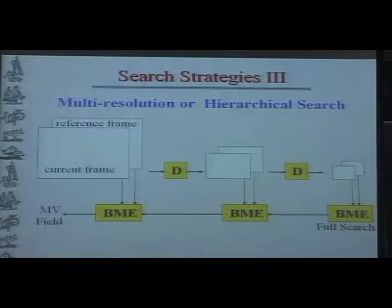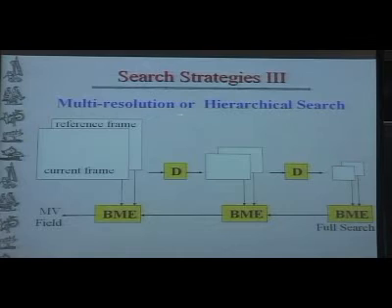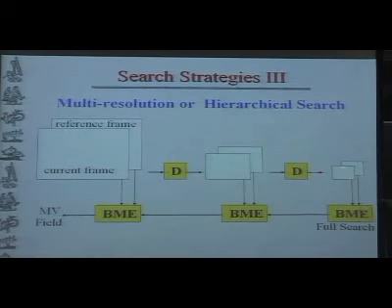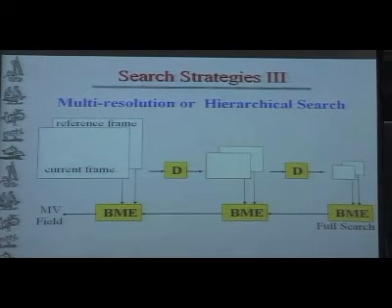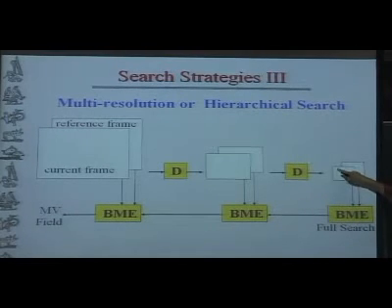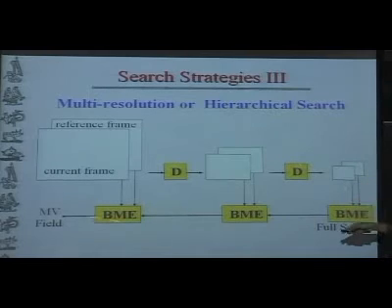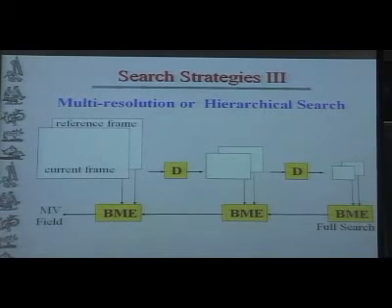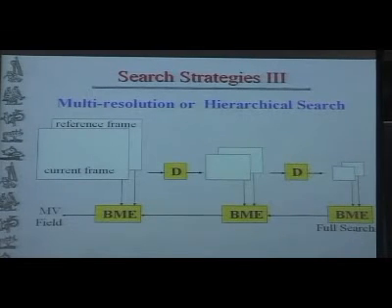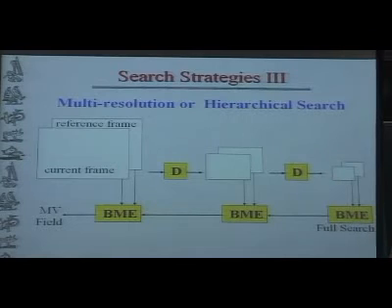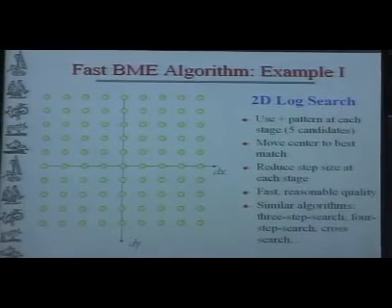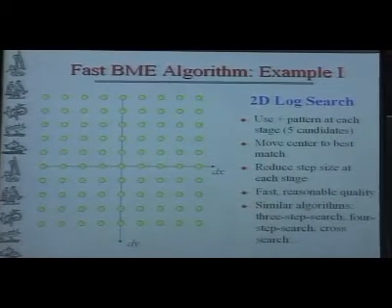Another thing is the multi-resolution type of search algorithms, where instead of searching on the large frame, you search on the lower resolution one. Just like the wavelet or the pyramid type of scheme, where you do downsampling to get the lower rate, and then you do full search here. After you do full search here, you try to interpolate the motion vectors and you go back up there. So that's another type again, it's the sampling type of search, where you don't want to check every single thing. You only want to check a small number of candidates. So I'm going to give you just a few very typical fast block motion estimation algorithms.